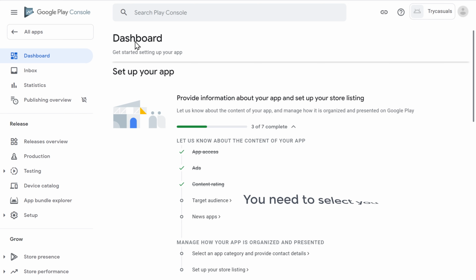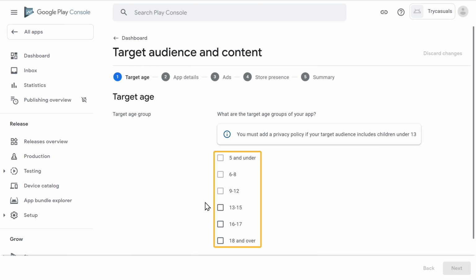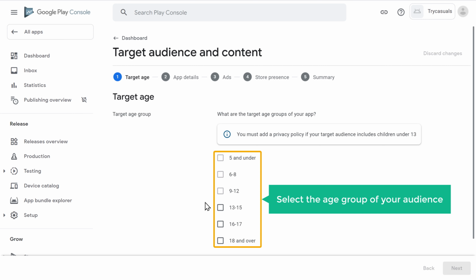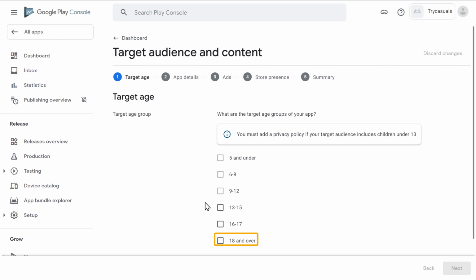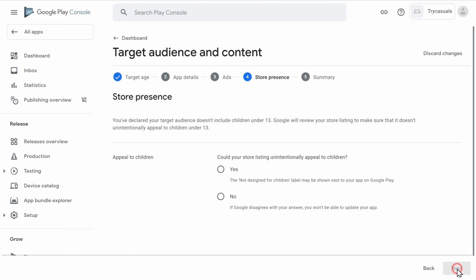Next, you need to select your audience. So let's go to Target Audience. And here, select the age group of your audience. I'm going to select 18 and over and click Next. Now here select No and again click Next.